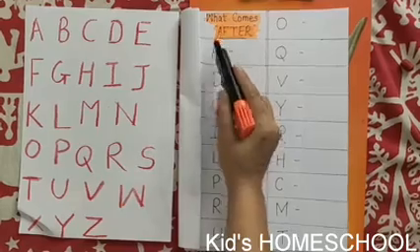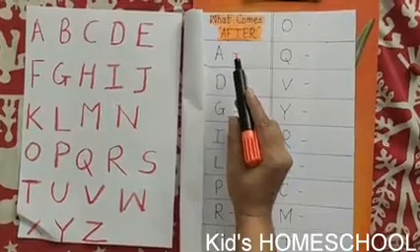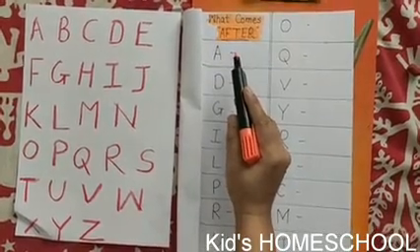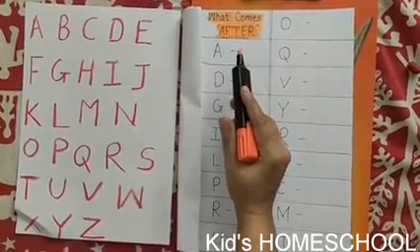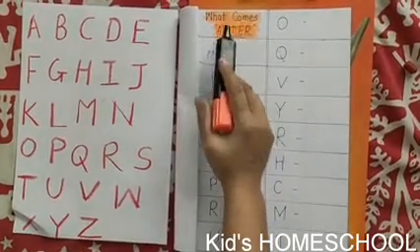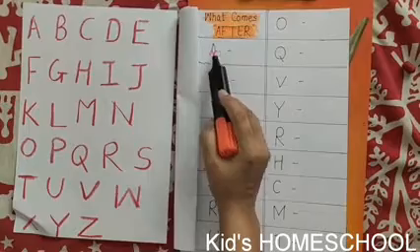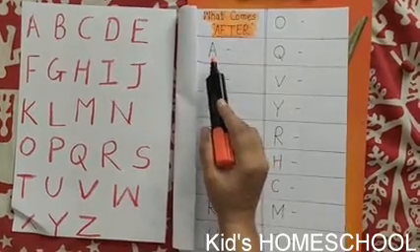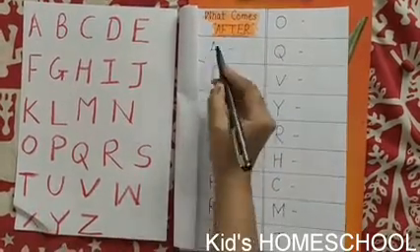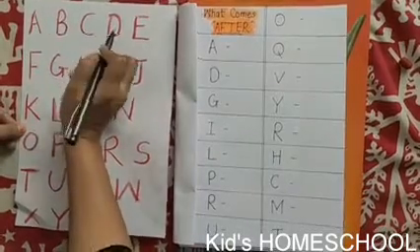This is the concept for the cognitive development of your child. Cognitive development is very necessary for your child. Cognitive means it's a type of brain development. We are going to start now. What comes after? After means what comes after A. We are going to learn like this. What comes after A? This is A, B, C, D, E.